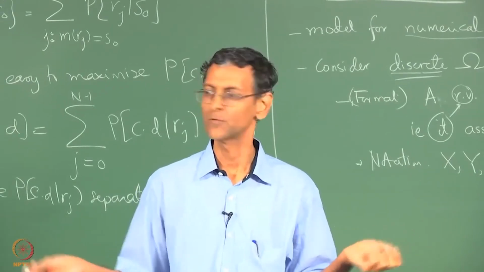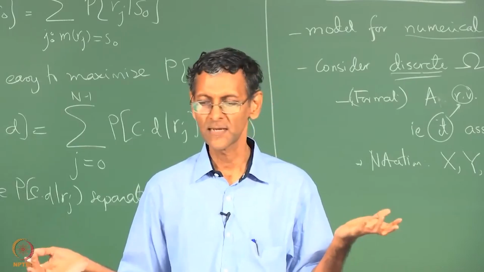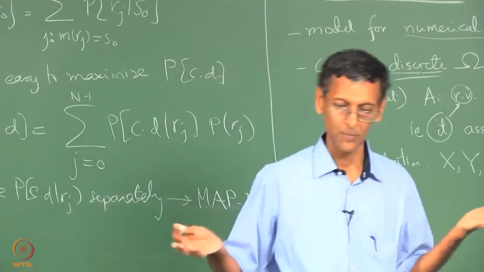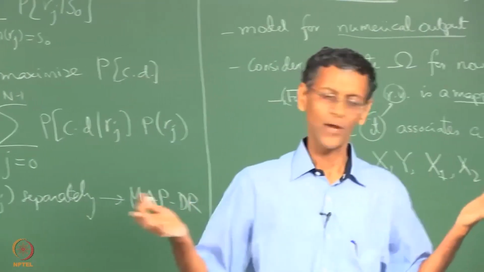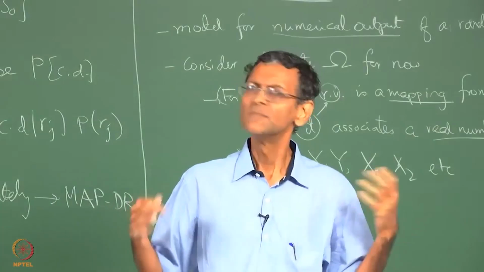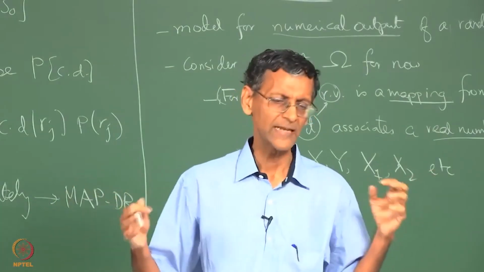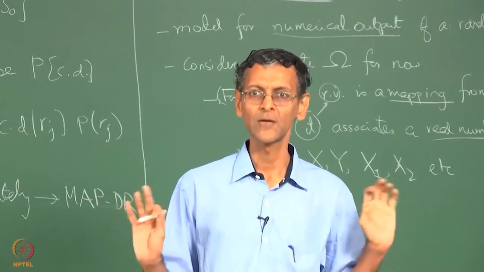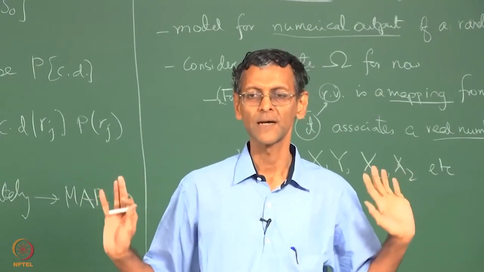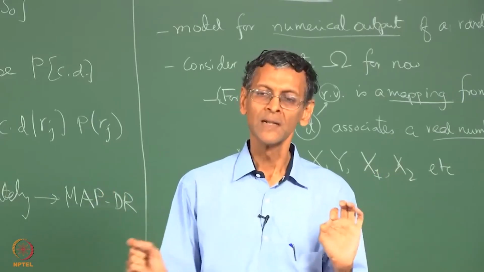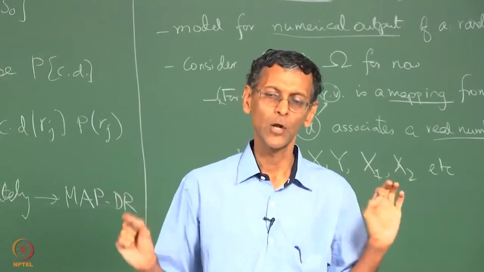You can measure heights, which are less controversial than weights. Weights can turn out to be somewhat more controversial because of other problems, but anyway, and you have blood pressure, but blood pressure at a given time, which varies. So we are saying that it's just a number. It's not going to be a function as of now, or anything more complicated than that. So at the beginning we are just looking at numerical output.